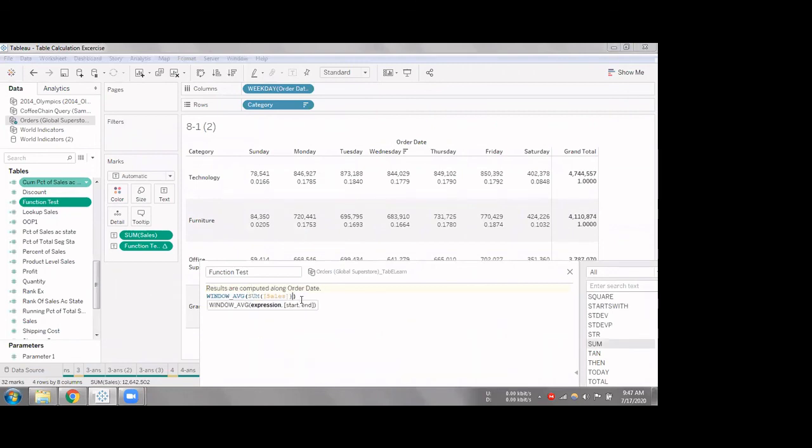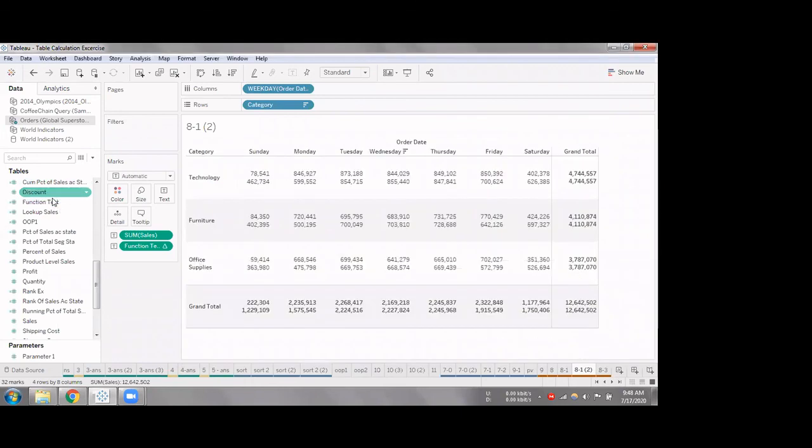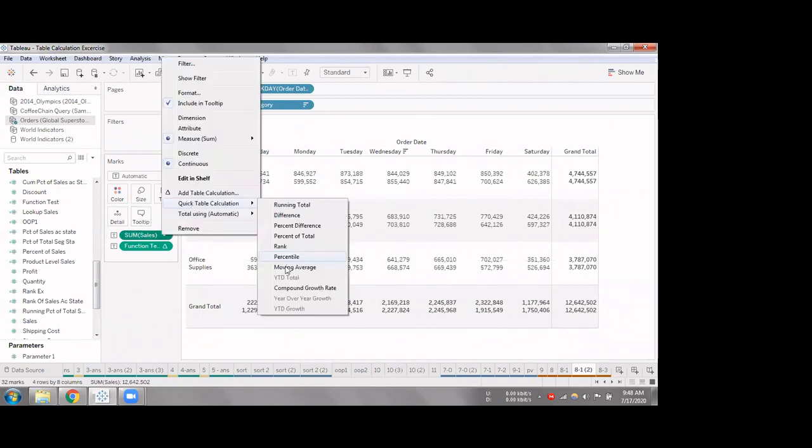As we discussed just now, we can give the offset dynamically or fix it. For now we'll go with the fixed offset from -1 to +1, previous value, current value, and next value. Give me the average of that. So this would be the simple example of the moving average function.